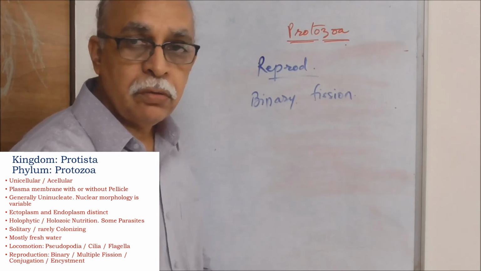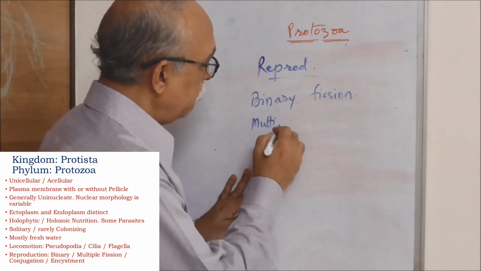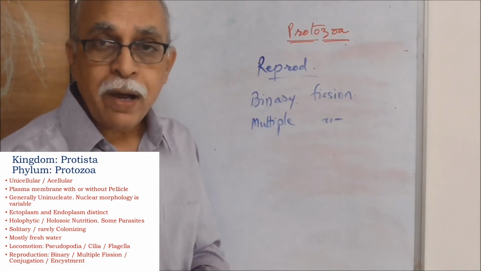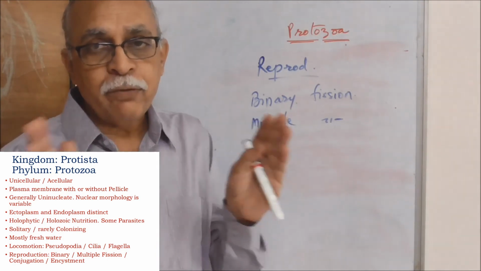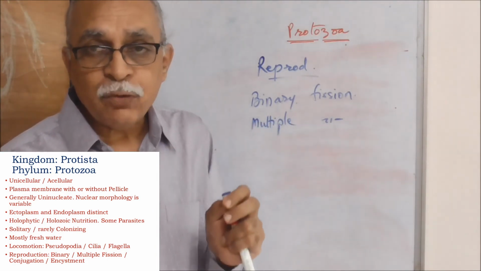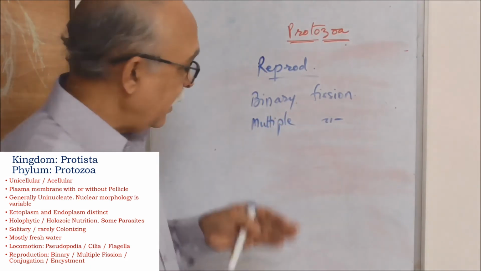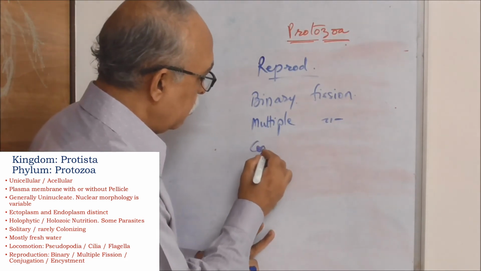That's binary fission. Or it could be by multiple fission. That is, one parent cell divides into more than two daughter cells. A large number of daughter cells, daughter organisms will be formed, which can then be released and can develop into adults. That is by multiple fission. Or it could be by